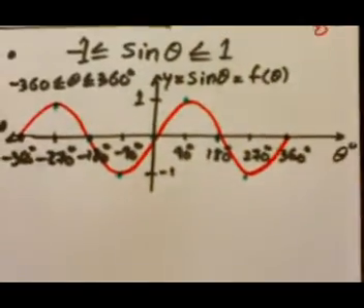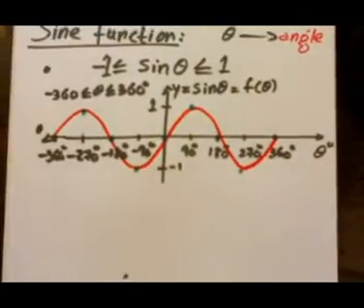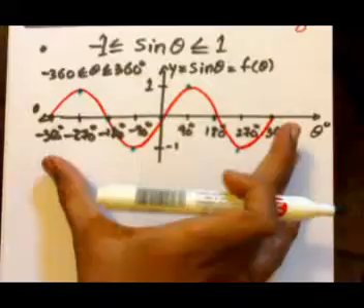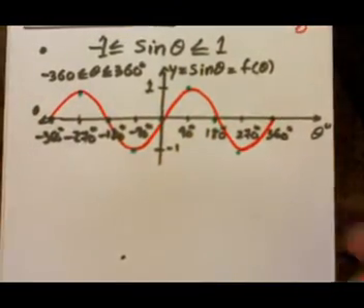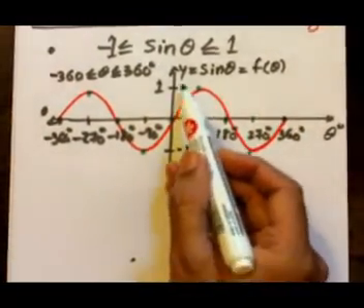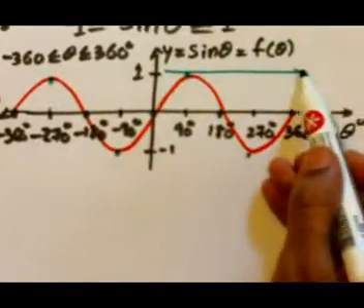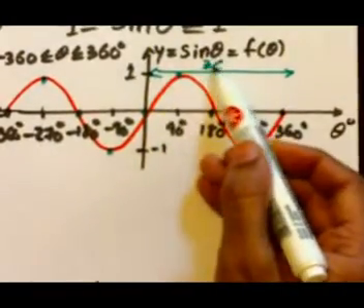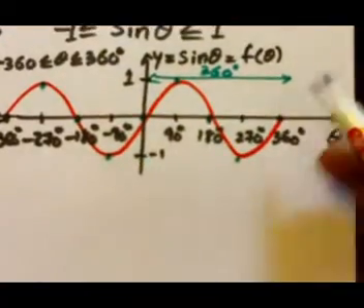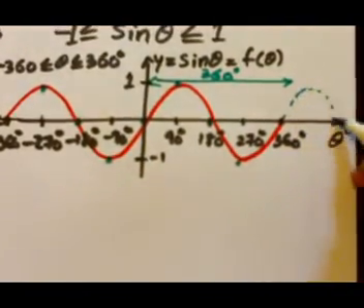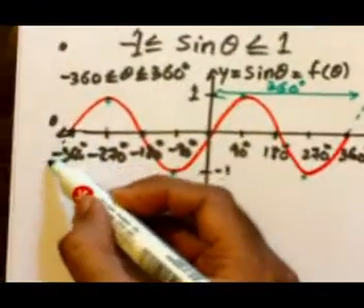There are other very important properties regarding the sine curve, and I'll be sharing them with you. First of all, observe this function. This is known as the sine function. Observe that in 360 it takes one complete round, and after that it will again be the same. It will again be the same.